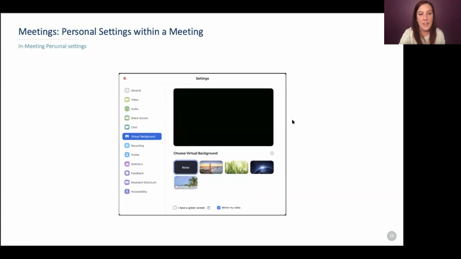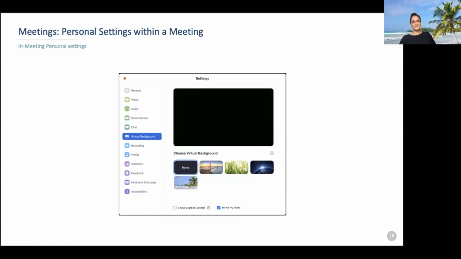there's a bunch of different things here. And then virtual backgrounds is something that I know a lot of people are having a lot of fun with right now. So you can use one of the ones that's pre-populated here, or if you click this little plus button, then you can actually add in your own images, you can add in your own videos, you can have a lot of fun with that. If you happen to have it going.